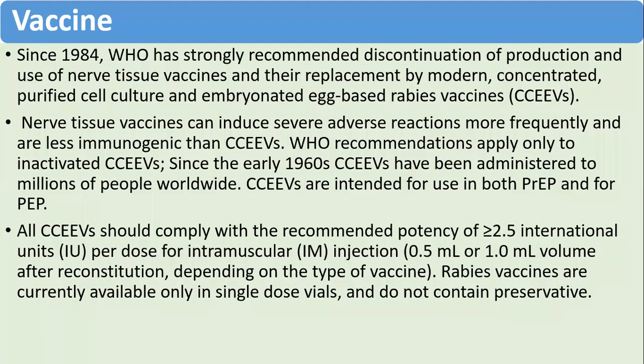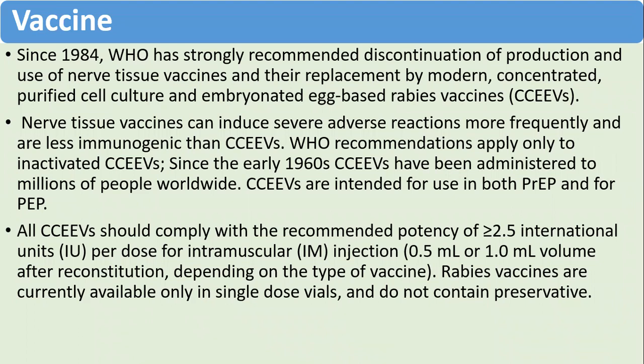A bit about the vaccine itself. Since 1984, WHO has strongly recommended discontinuation of production or use of nerve tissue vaccine, and it has been replaced by the cell culture and embryonic egg-based rabies vaccine. Nerve tissue vaccine has more adverse reactions and is frequently less immunogenic than cell culture vaccine. WHO recommends only cell culture vaccines, and since 1960, cell culture vaccine has been administered to millions of people, both